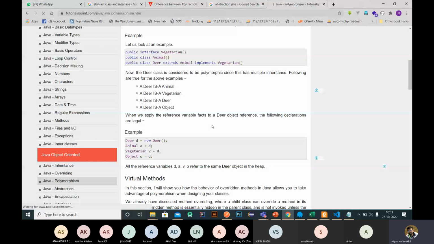Polymorphism can be done with the help of this abstraction. But before going to polymorphism, I forgot to introduce one more concept, that is interface. Then we can go for polymorphism.